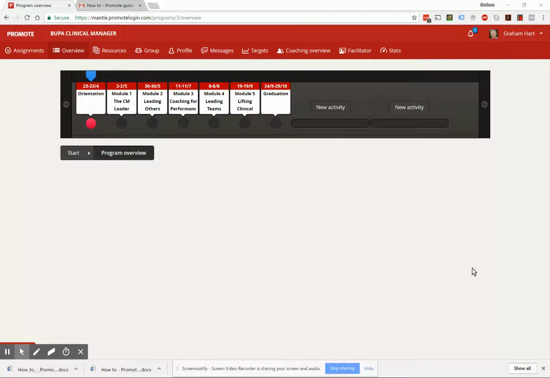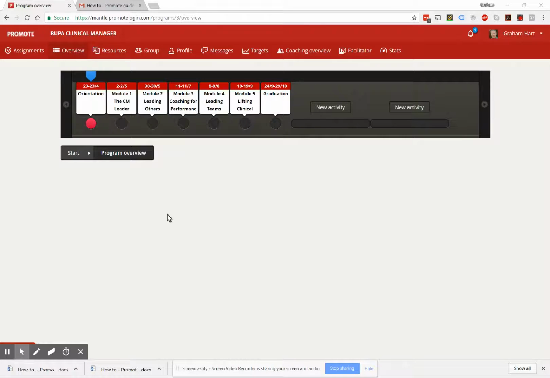So when you get your email, you'll be invited to log in to Promote. And I believe Irvin has sent you a copy of a screenshot with details around that. So you log in by creating and using an email and a password. And when you log in, this is the view that you'll get right in front of you,